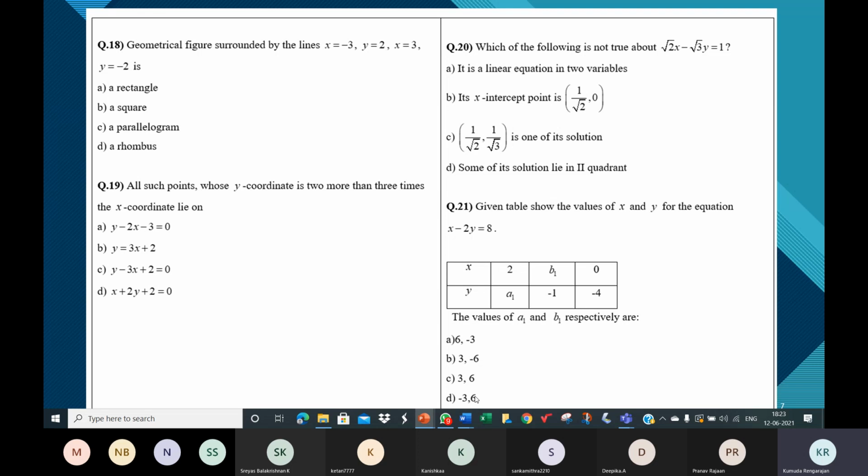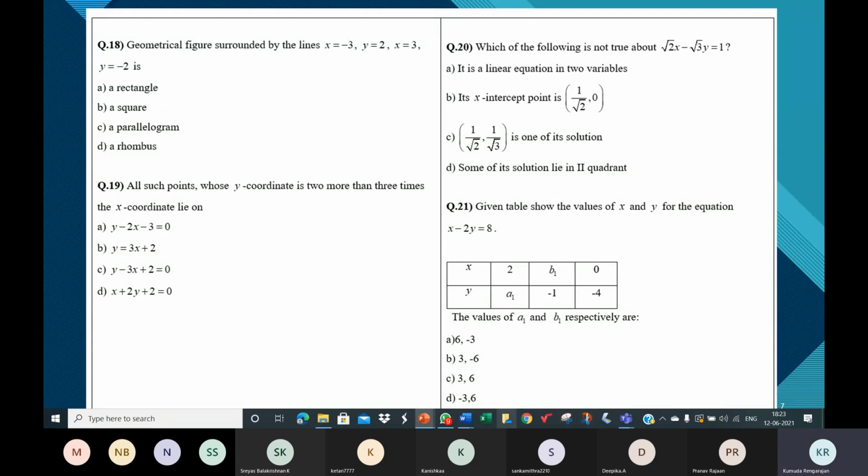Then obviously this should be the answer because there's no minus 3 anywhere. So minus 3, and then when Y is minus 1, what's the value of X? When Y is minus 1, it will be X plus 2 is equal to 8. X is equal to 8 minus 2, which is 6. So yes, as Kanishka and somebody else also said, D is the correct option.